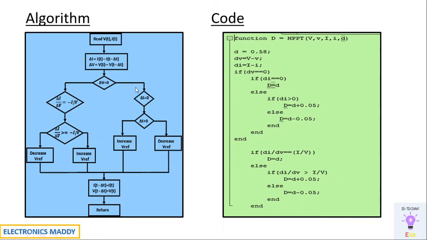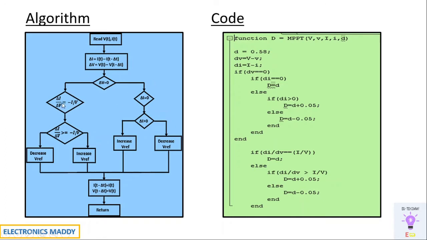So this is the algorithm with respect to the incremental conductance method. At the first place, we need to take the output voltage V and the current I from the solar PV module, basically the series connection of solar cells. Consequently, we determine delta I, the change in current, and delta V, that is I of t minus I of t minus delta t. This is the previous value, and this is again the previous value. So the difference is determined, and if delta V is equal to 0, it has yes or no. If it is yes, it goes to this particular loop. If it is no, it comes to this loop.